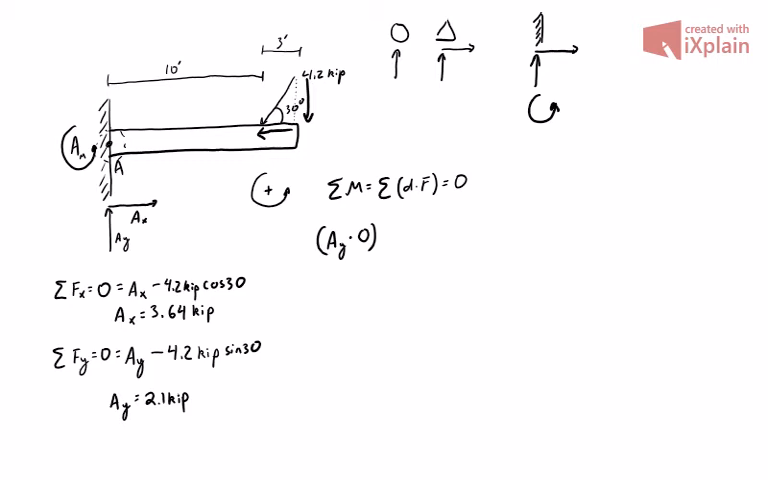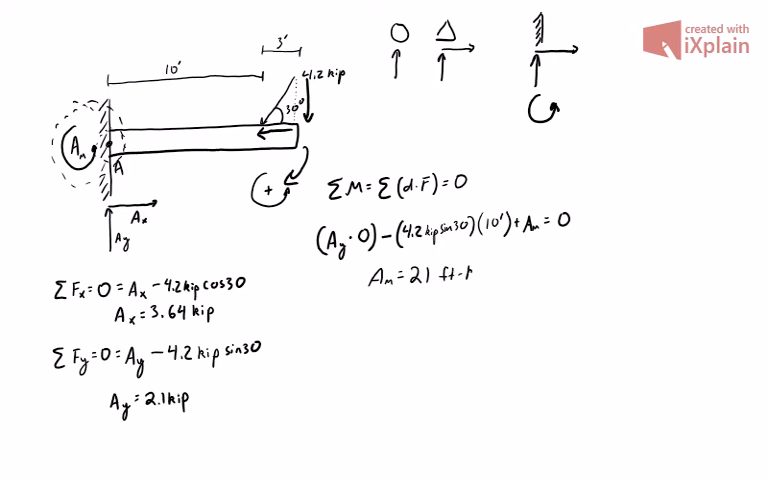We look at our 4.2 kip force. That's going to cause clockwise rotation, so that's going to be negative. Again, we're going to use the y component, so 4.2 kip times sine 30. And then the distance between that and point A is 10 feet. Then the last thing we need to account for is our internal moment, the moment that is part of the cantilever support, which is just plus A_M. All of that is equal to 0. We solve through, and we get that A_M is equal to 21